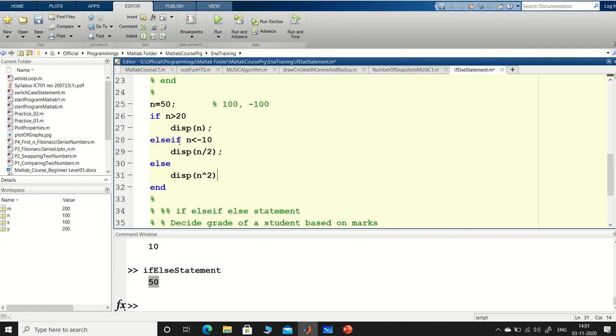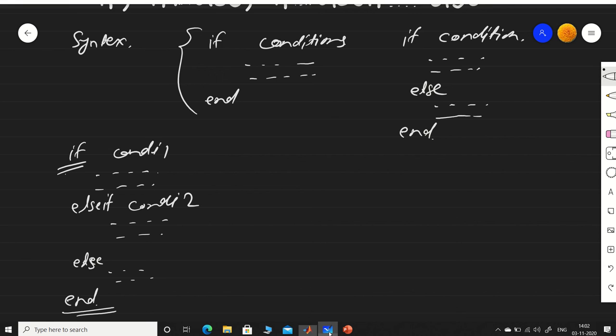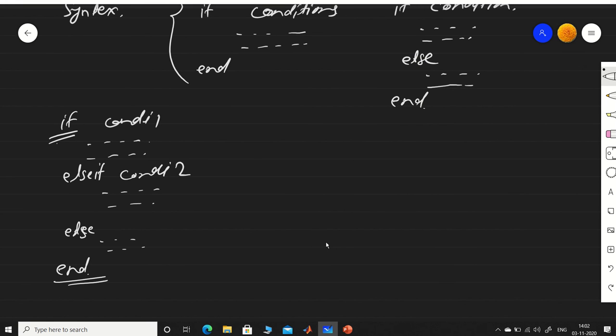So in else if conditions, I am going to introduce one more statement where if n is more than 20, then it should display the exact number. If it is less than -10, it will display n by 2, or otherwise it will display n square. So basically I am going to put somewhat like a number line where it is 20 and it is -10.